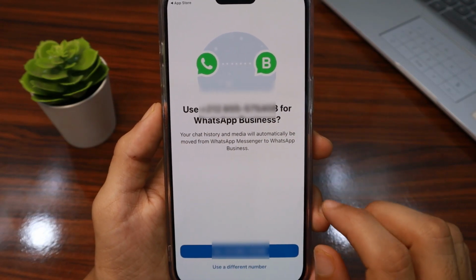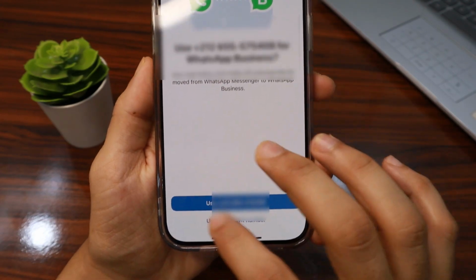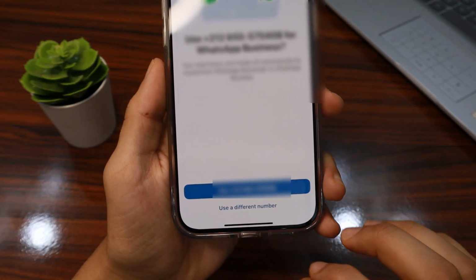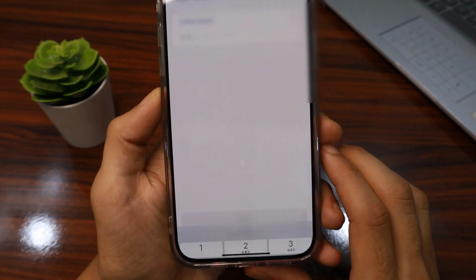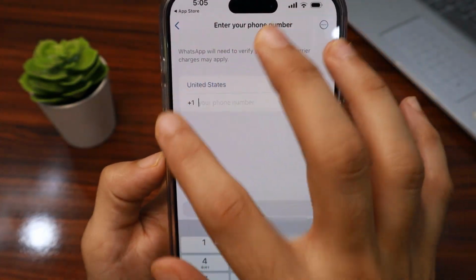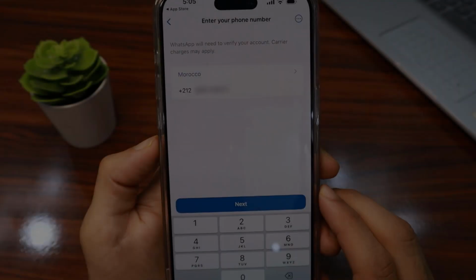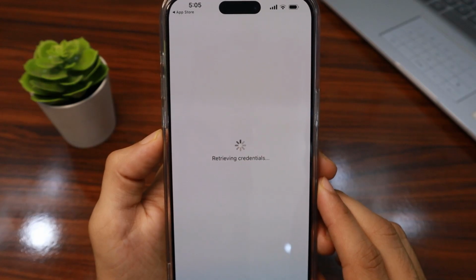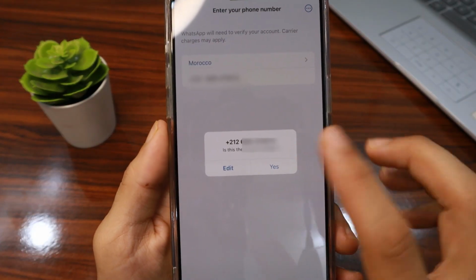recognize your number. If this is your number, you can tap this use and continue. If not, you can use a different number. For example, I use a different number, and here select your country and write your number and then tap next, then tap yes,